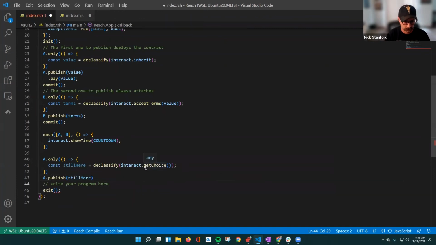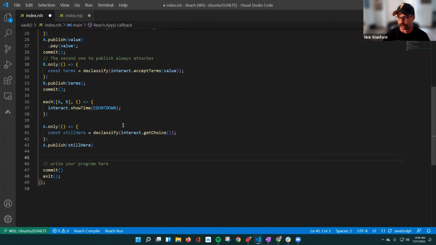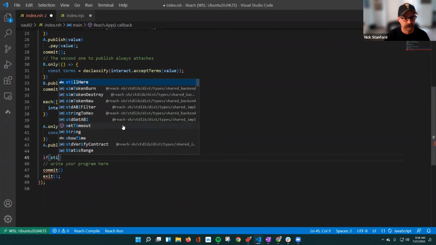Okay, well, we can do that. Thanks, Reach. So we're publishing that value. Now we're going to use it to create a transfer pattern, right? What are our two options? Well, remember, if still here is false, we're going to transfer everything to B. If still here is true, we're going to transfer everything to A. So if still here